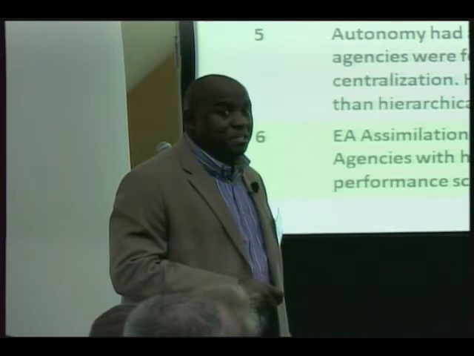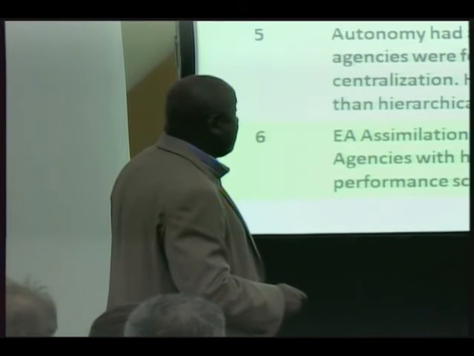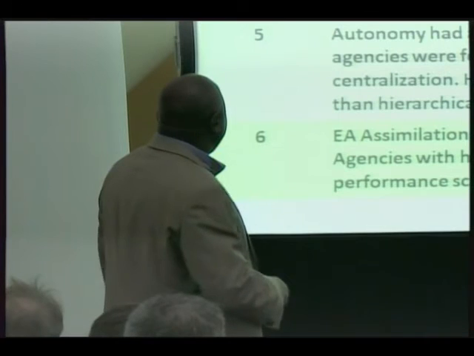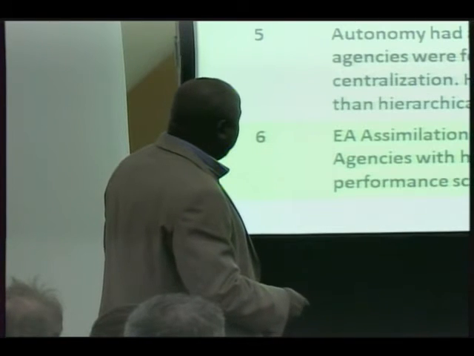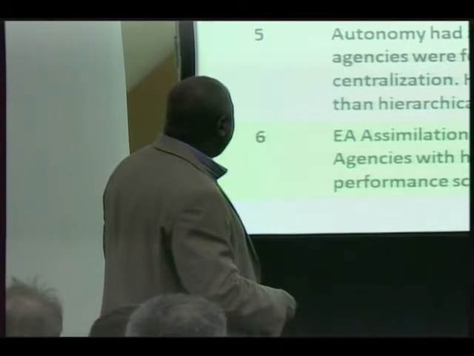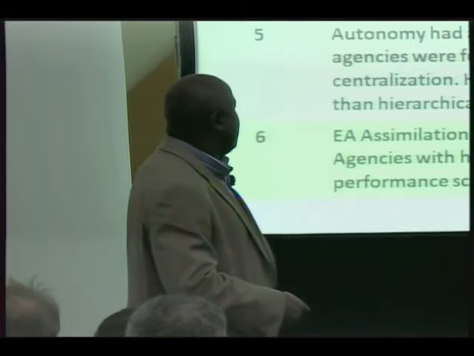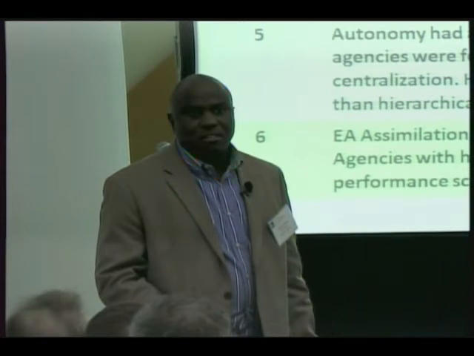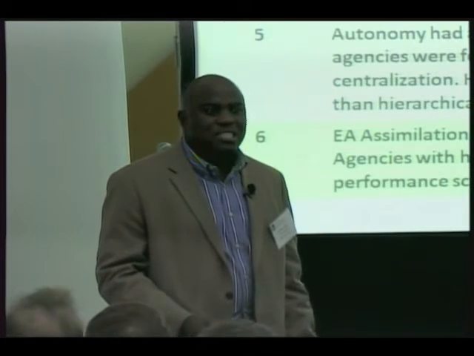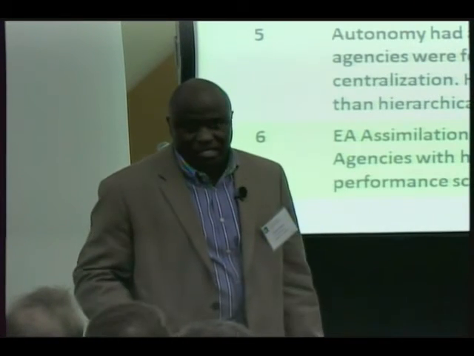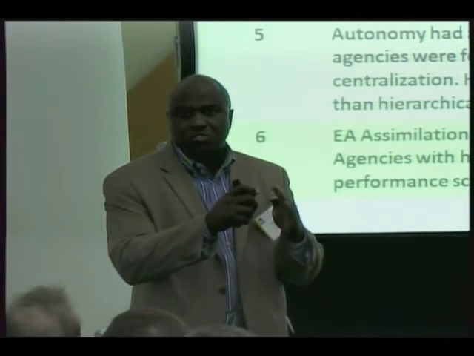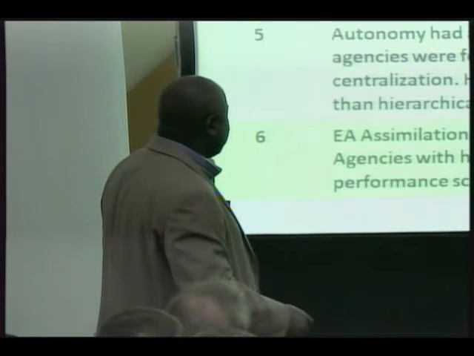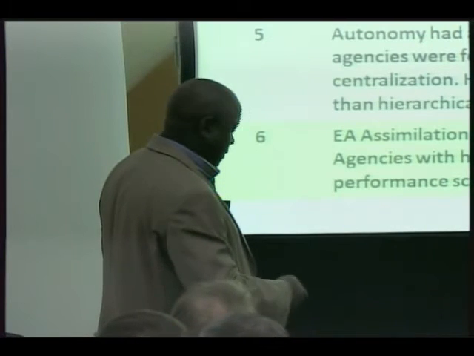That was a big surprise because we thought we'd just end up there. So it not only amplifies, it also catalyzes. We already talked about this. And then autonomy had a negative relationship. So what this means is that autonomous agencies, when we looked at the data again, we found that most of the autonomous agencies didn't have too many functional units. There was a lot of concentration. And then assimilation had a powerful influence.